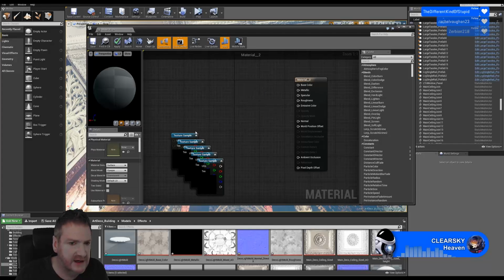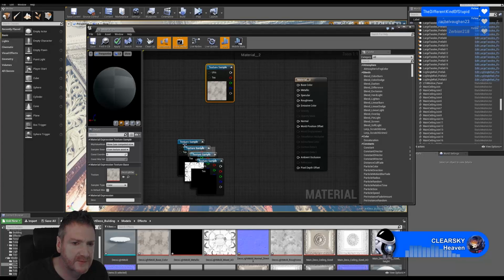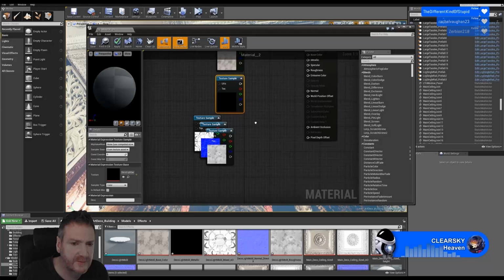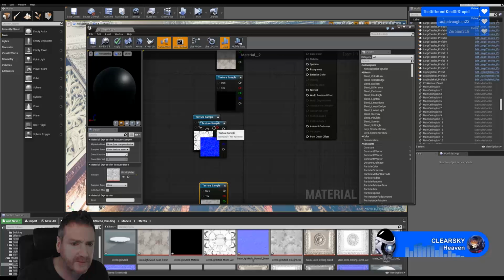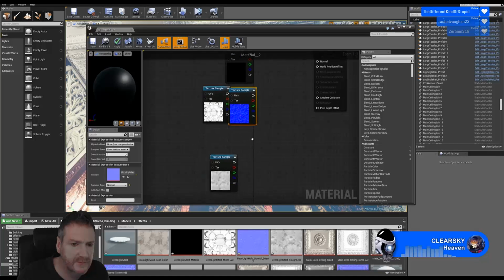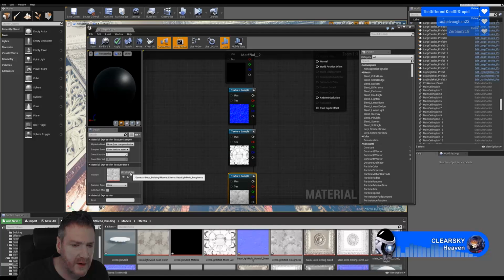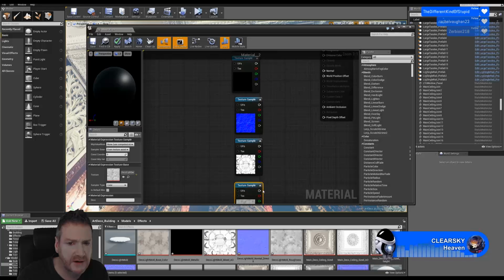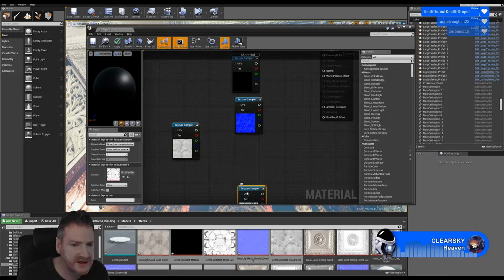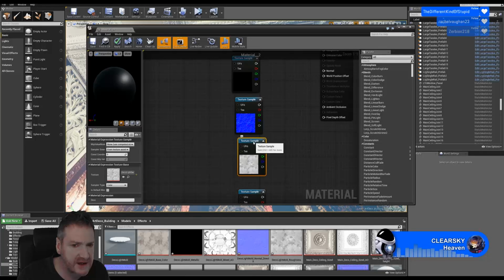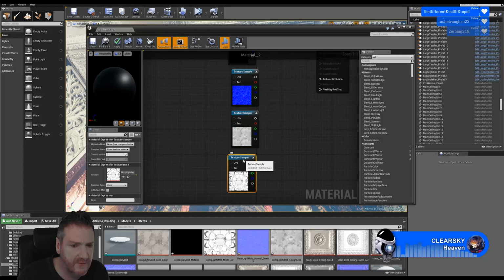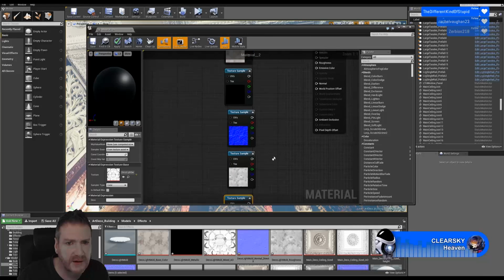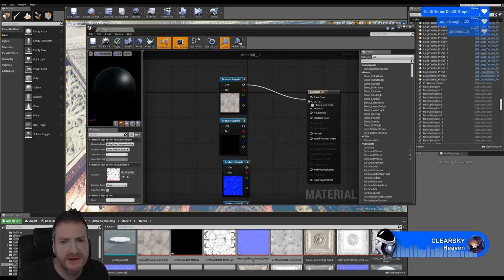Remove that plain color we've got going on there. It's the roughness, okay. Just going to swap these two around. I generally put the ambient occlusion at the base. So we want the color map, the metallic,